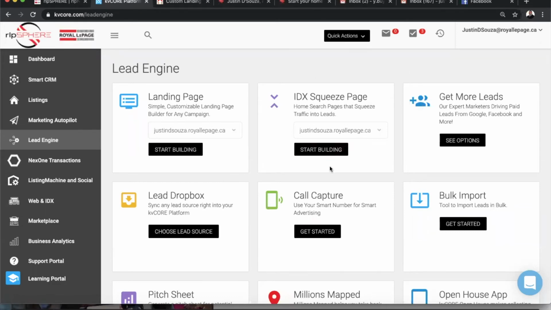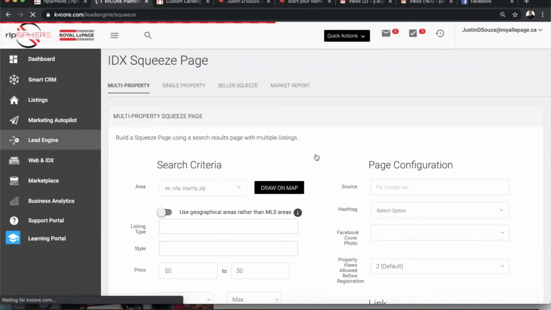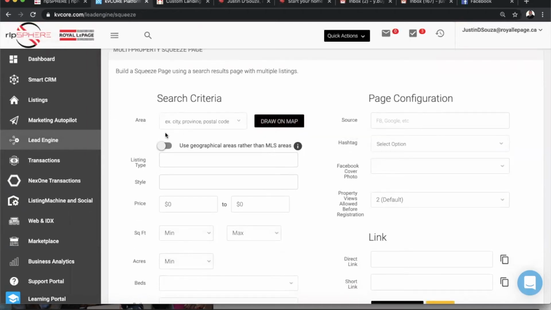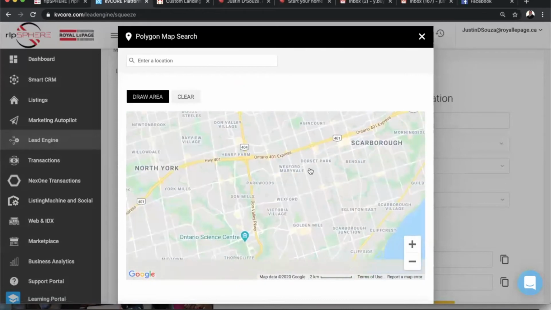IDX squeeze page is really to do with real estate listings, setting up areas. So I'm just going to show you quickly how to make an IDX squeeze page. Again, just like the landing pages, it is unlimited. You can make unlimited. Okay, so I'm just going to show you multi-property. You can type in the area here, or you can draw on a map. Okay, so we're going to take